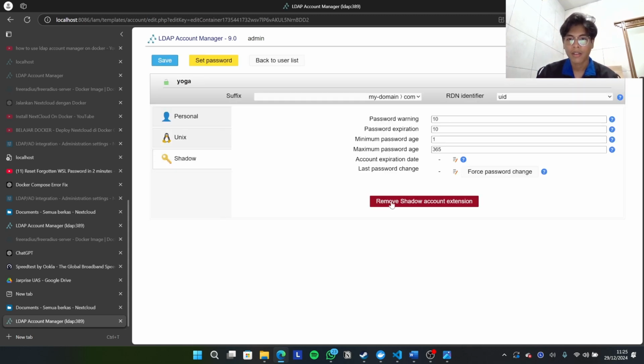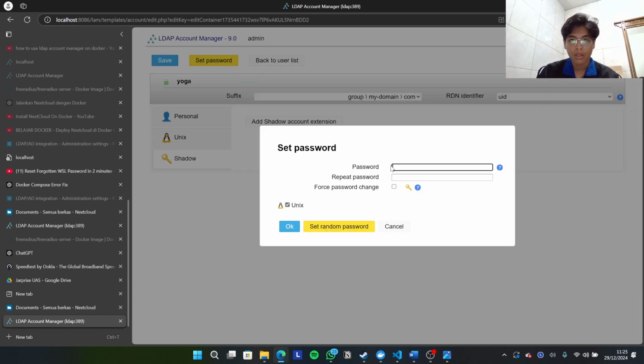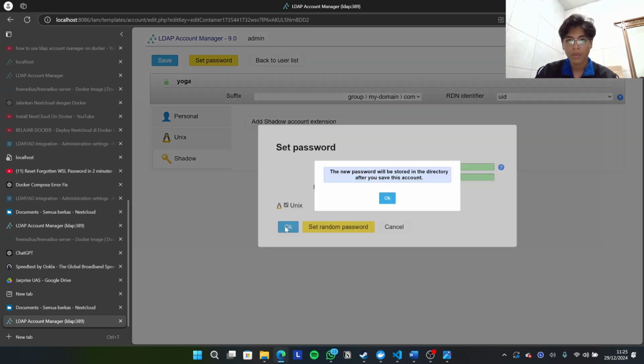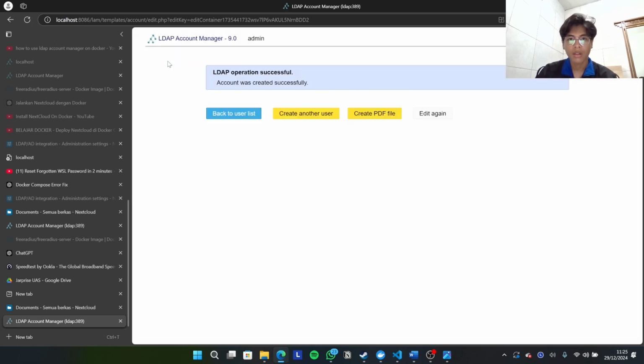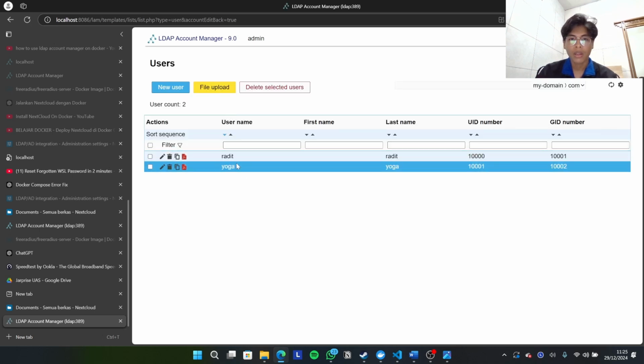Okay, sorry. Remove. Except this one is group. Then set the password. I will set the same password. Okay, and then click save. Okay, we already created a group and the users.